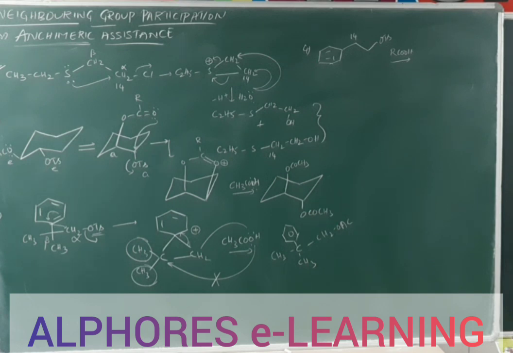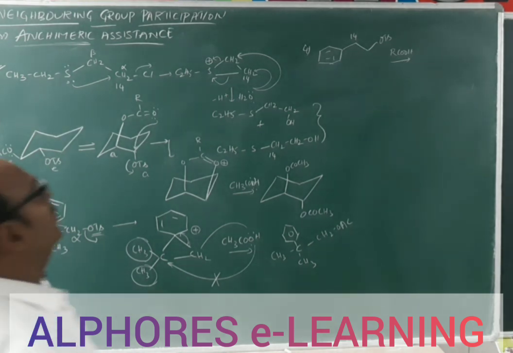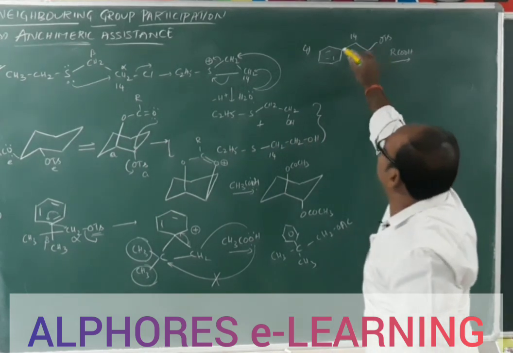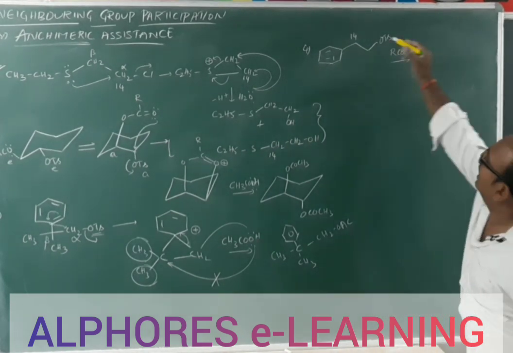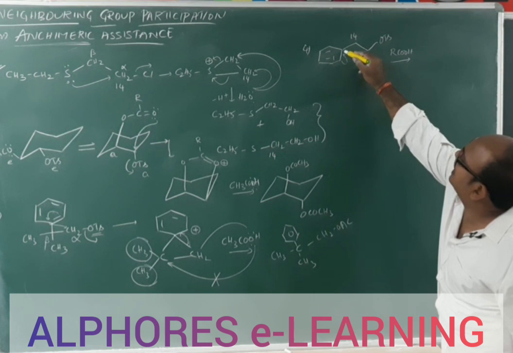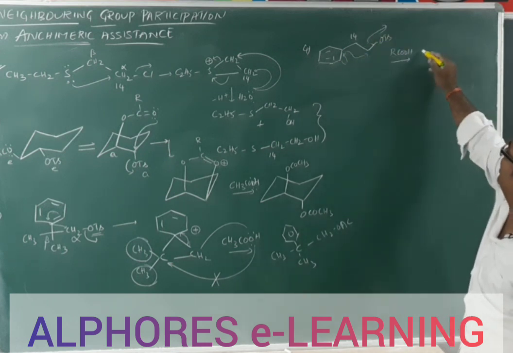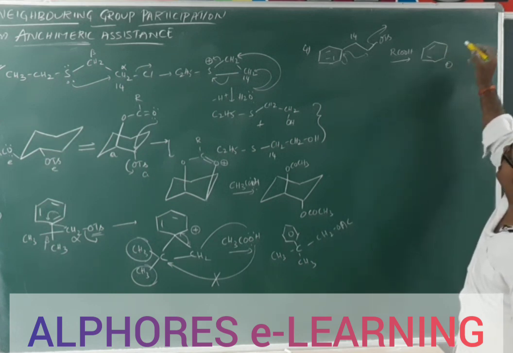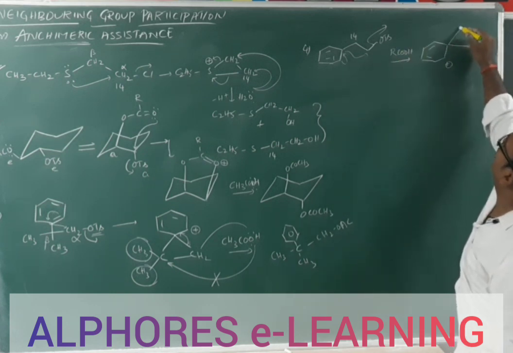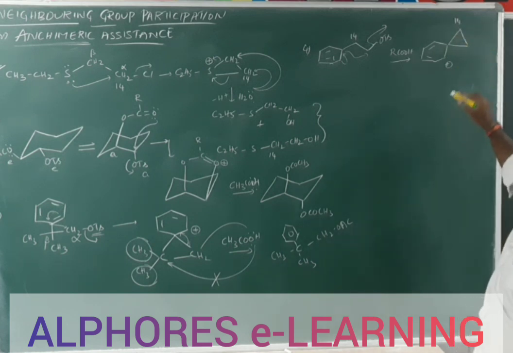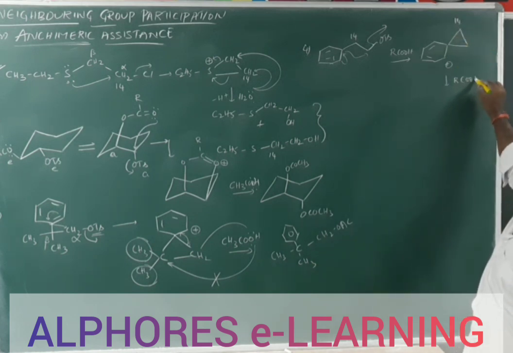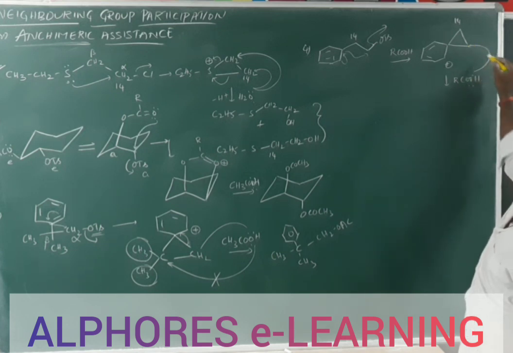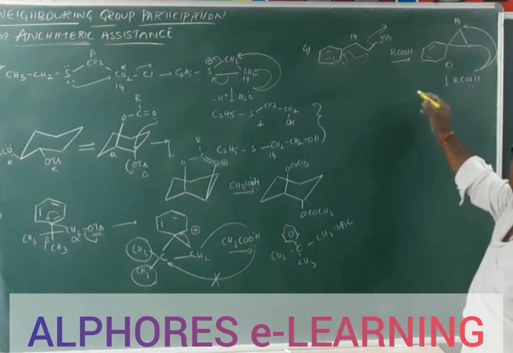Let us check that fourth example. In the fourth example, what product are we going to get? Again C14 we are going to place on the phenyl ring containing carbon, and these electrons are shifted like this, and this one attacks upon this one, OTS will leave away. Now we get a 3-membered ring, here a positive charge, and we get C14 like this. Now RCOOH comes and attacks upon either this carbon or this carbon. Again you are getting two products.